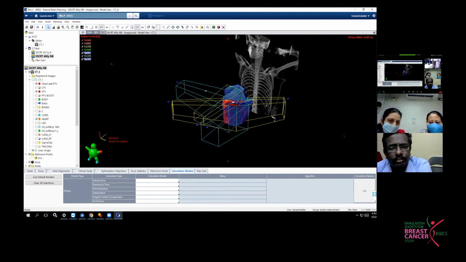And for the rest of the things, ensure that the monoisocentric technique is employed and the bolus has been given in case of chest walls, and that you are able to employ MLCs for the heart and such things. The dose distribution obviously has to be checked slice by slice from superior to the end of the target volume, and you have to also be cognizant of the organs at risk. So these would be the simple things which we can start with during plan evaluation.